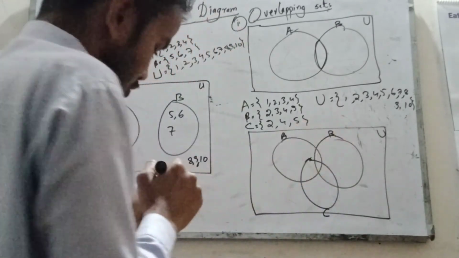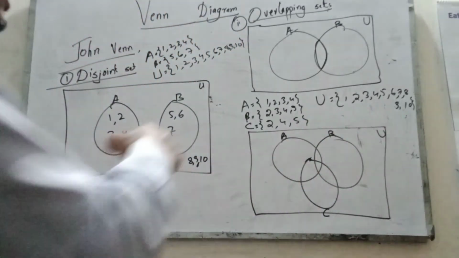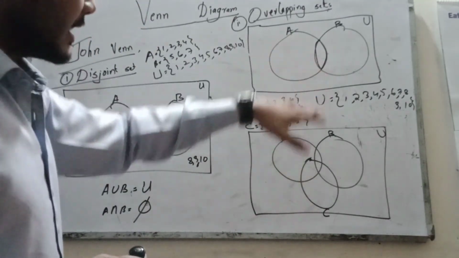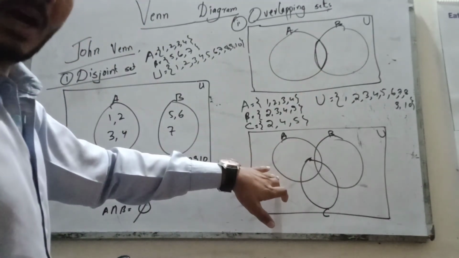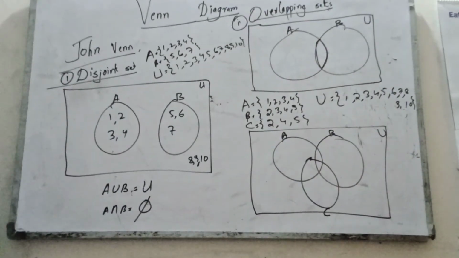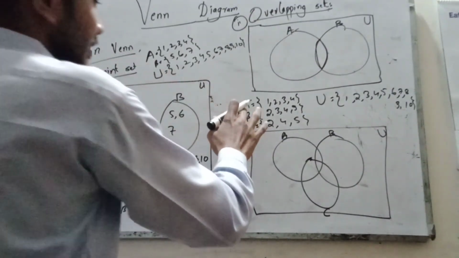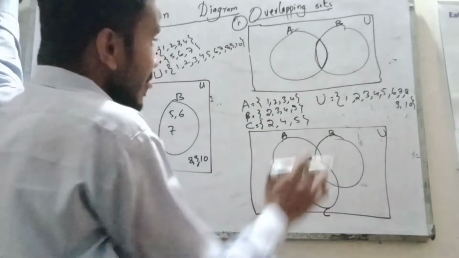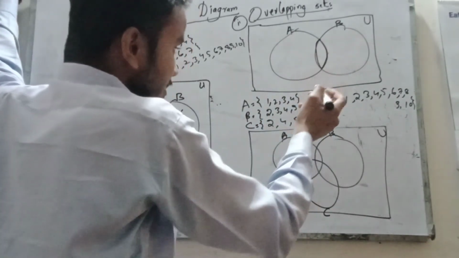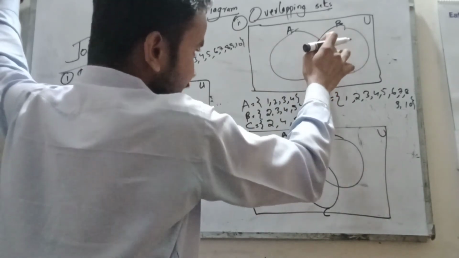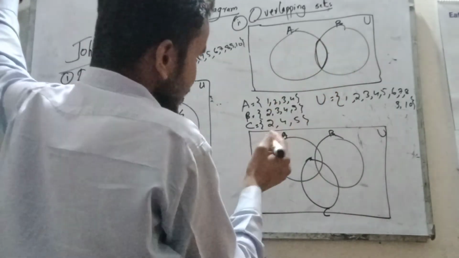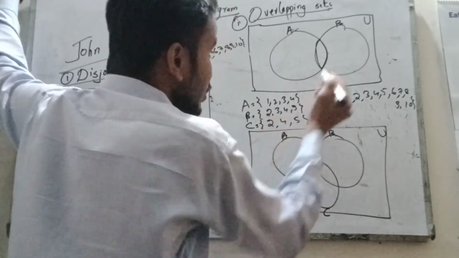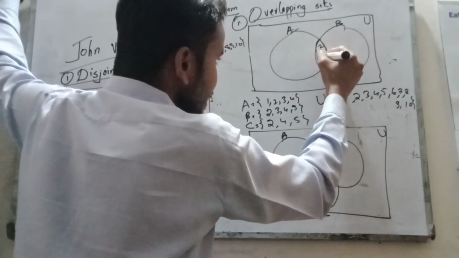Okay, so just coming on the first, the union of two sets, overlapping of two sets, and then we are going to the overlapping of three sets. So for the elements of A, B and C and the universal set, what we have to do is just put the common elements here from both sets A and B. So what are the common elements of A and B? 2 3 4, 2 3 4. So write here 2 3 and 4.